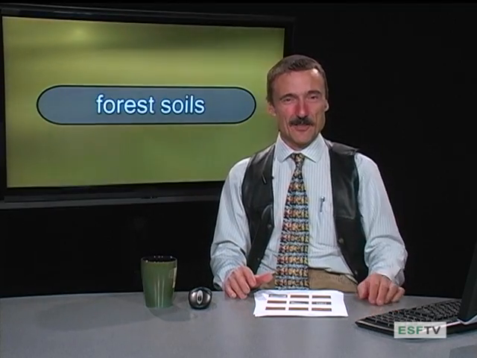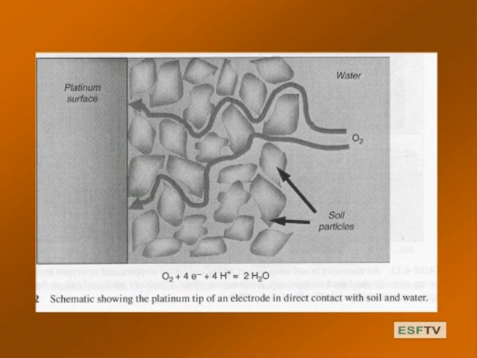Okay. So here's an illustration of that. Okay. And how do we measure it? We measure it with a platinum surface, and we can look at the change in voltage. And essentially, we have oxygen diffusing hitting this platinum surface, and the difference in voltage across this is directly related to the diffusion rate. And here's the illustration of it. It measures the rate of movement of oxygen through this system till it hits this surface. So that's pretty cool.